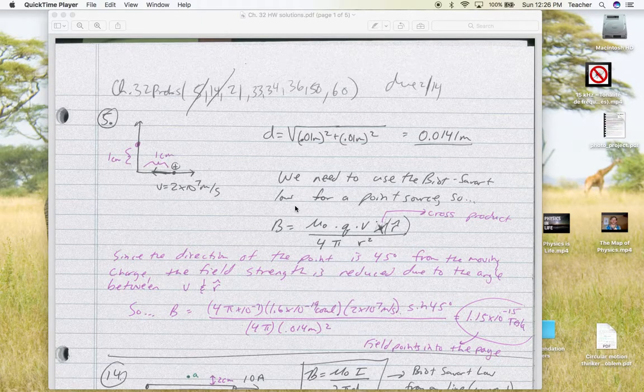So these are chapter 32 homework problems. I'm just going to go through a few of these things. We talked about some in class. We whiteboarded some in class. Number 5 was a little bit annoying